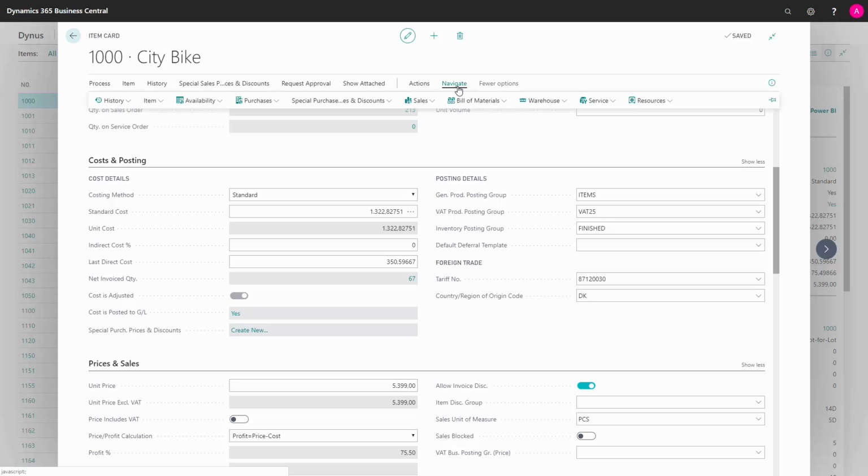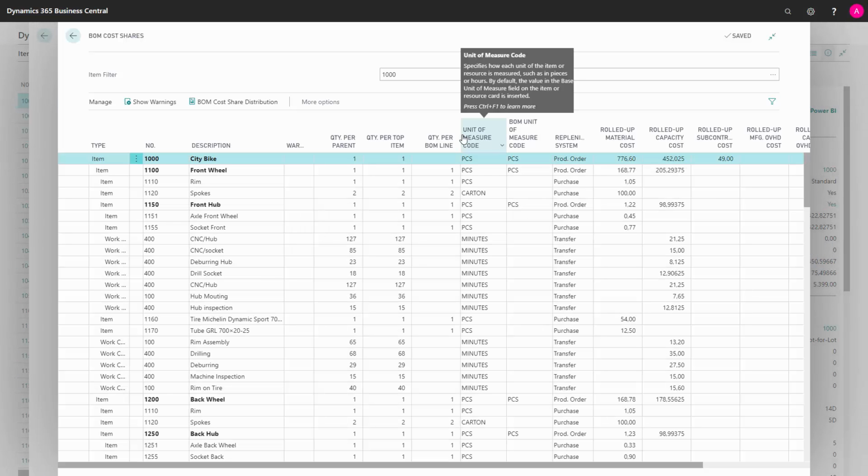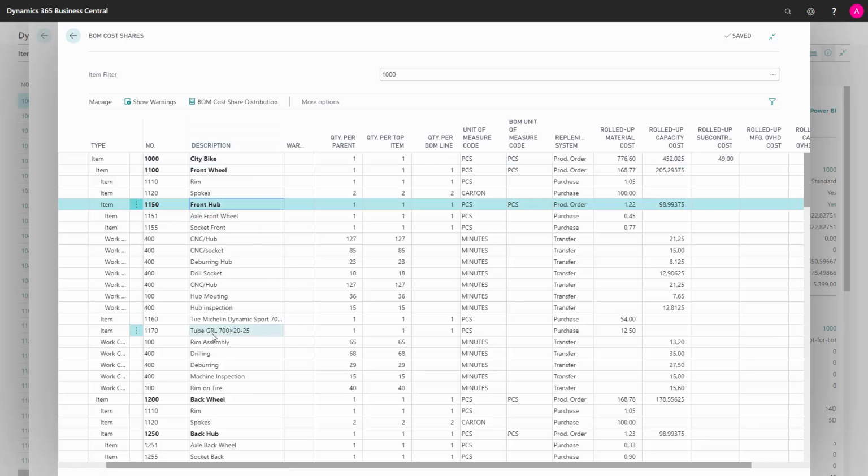Last of all, in the Navigate tab, on the bill of materials relevant for finance, we have the cost share, which displays the cost structure for this item depending on whether it's a production item or an assembly item. The standard cost is made up through the bill of material, and you can see here the quantities, if it's coming from production orders, the unit of measure codes, all the figures, etc. And of course here on the left hand side, the hierarchy of items going into an item like this.